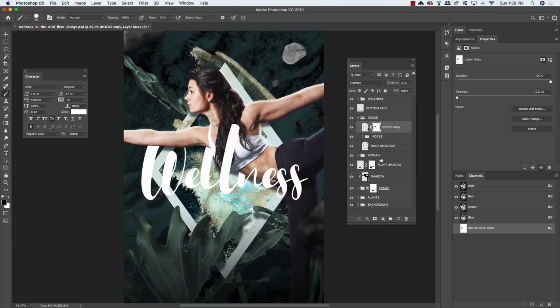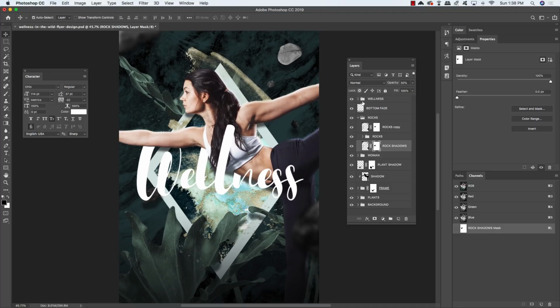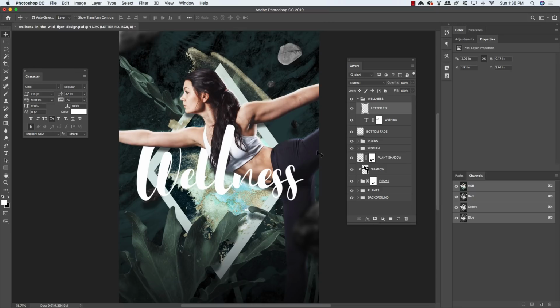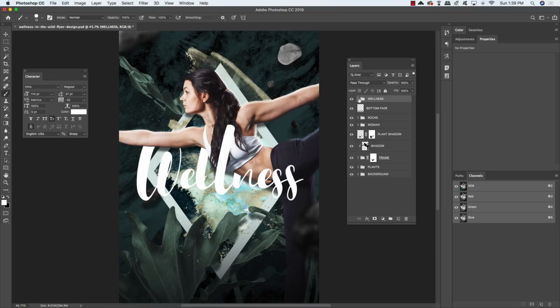Now let's not forget we also have to do that with the rock shadows, so add a layer mask and just paint out that shadow that was being cast from that rock. Alright, so that looks better. Okay, and then we can come in here and if you see any areas that we missed, just brush over them like so. Now what we're going to do next is once again expand the contents of the folder here